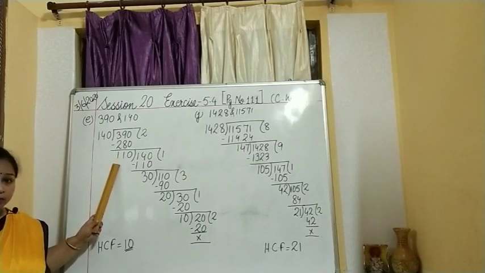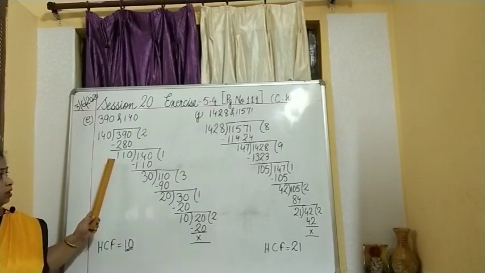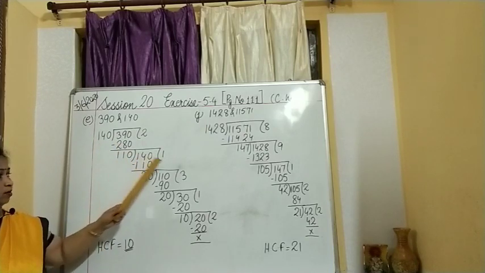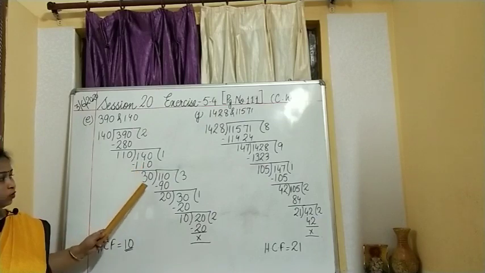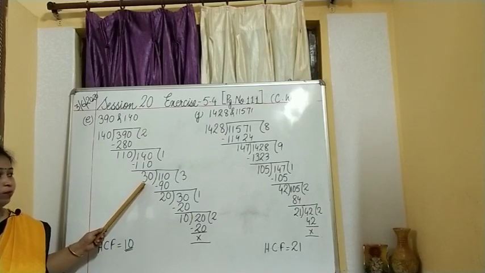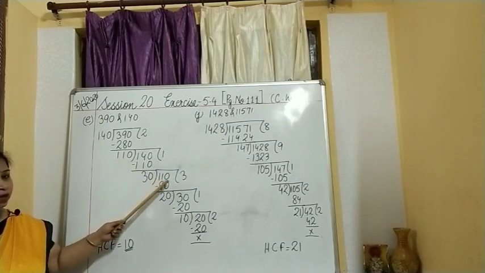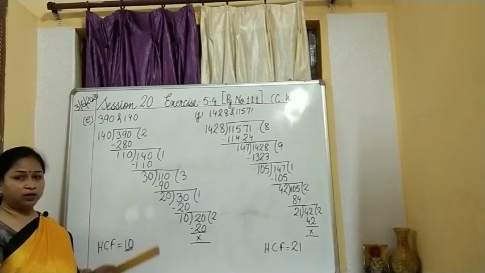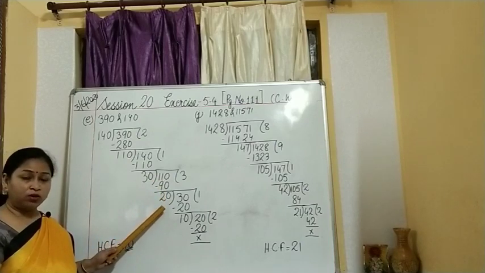The remainder over here will now have a change in its role. It will turn into the divisor, and the divisor from before will change to the dividend. So 110 multiplied by 1, you get 110. You are getting 30 as the remainder, children. Now 30 is the remainder, so it will change to divisor. The moment 30 changes to divisor, the previous divisor, 110, will take the place of the dividend. 30, 3s are 90. Subtracted, you have got 20 as a remainder.